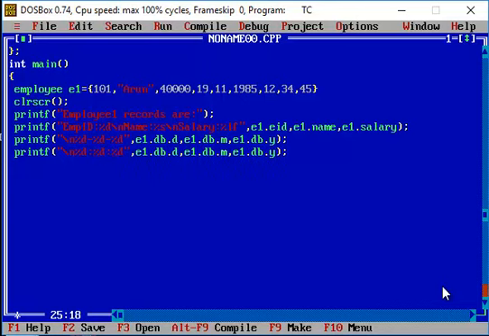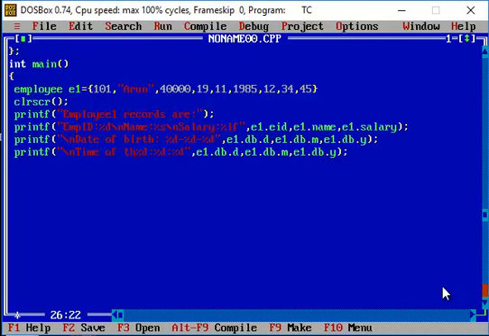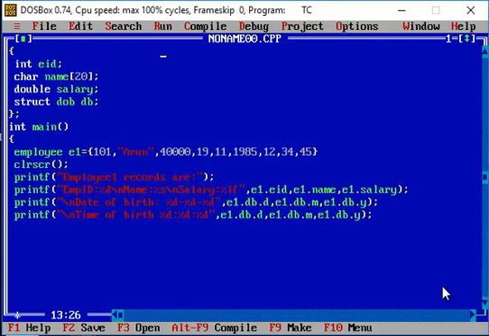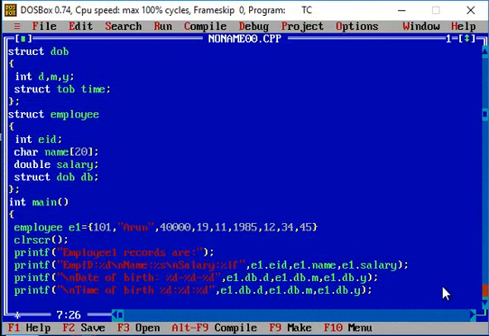So here, let's say for example, I'm giving the notation date of birth of the particular employee, and then the time of birth as well. Now, listen to this pretty carefully. Here we are going to access another nested structure that lies within the nested structure DOB.